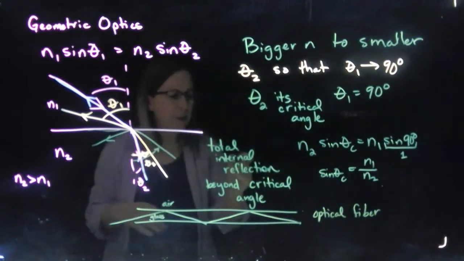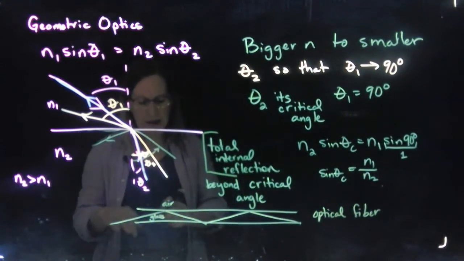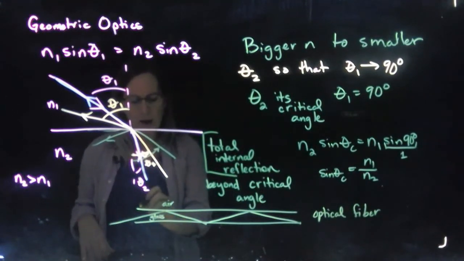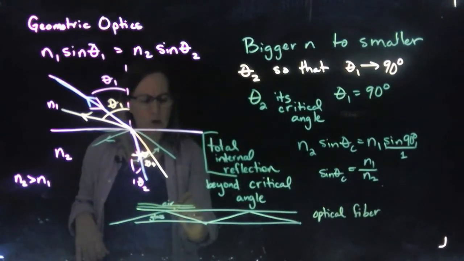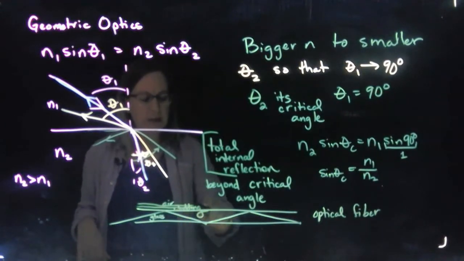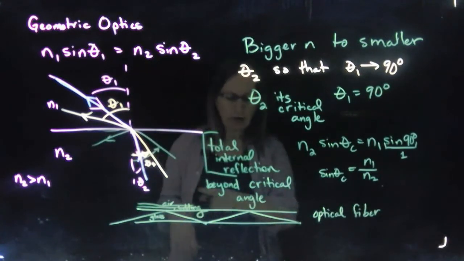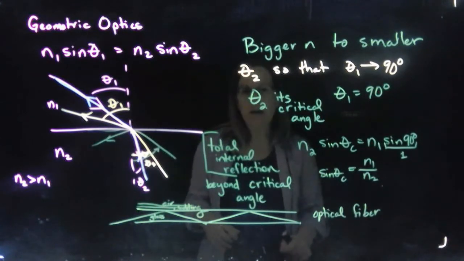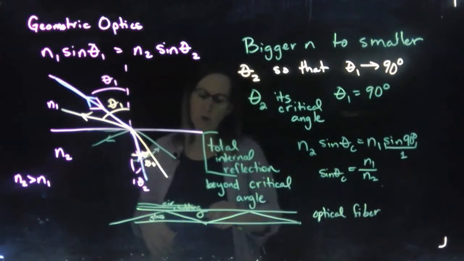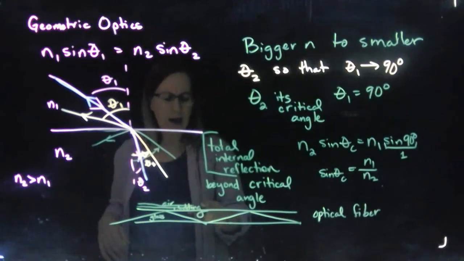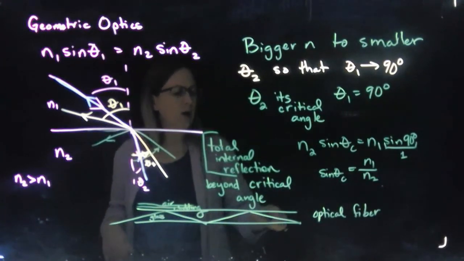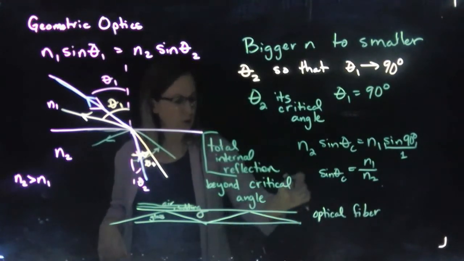So fiber optics depend on total internal reflection like this. And instead of air, we usually have a material right here that's the right index of refraction, actually several layers of it in what's called our cladding around our optical fibers. But it's got to be a lower index of refraction than the glass so that we continue to have this total internal reflection, and the light just keeps traveling down the optical fibers. And we try to set things up in such a way that the cladding is a good match so we don't lose any signal. We do have a little absorption, so often we have to put repeaters in the line,